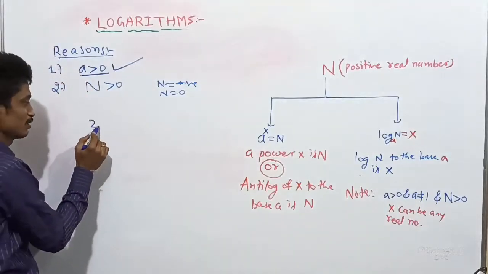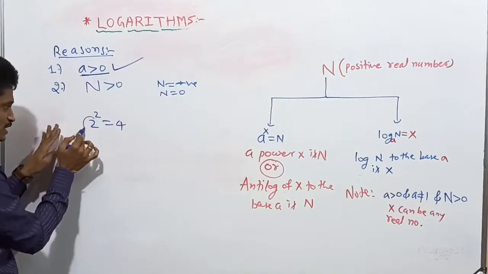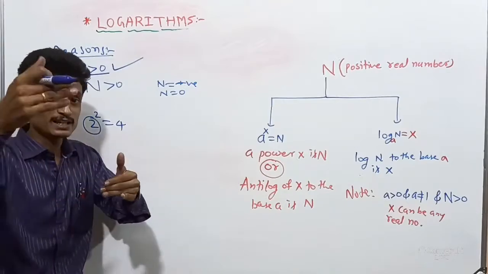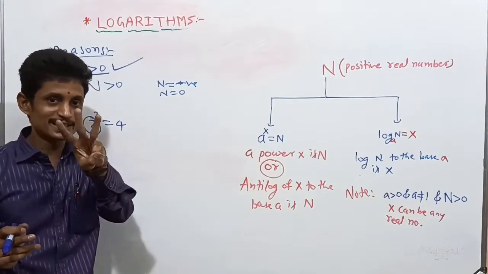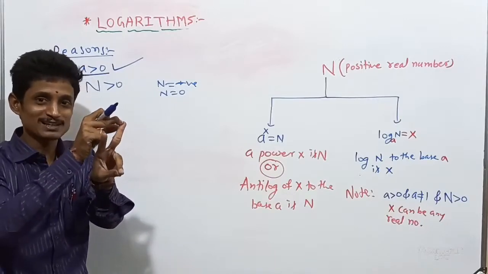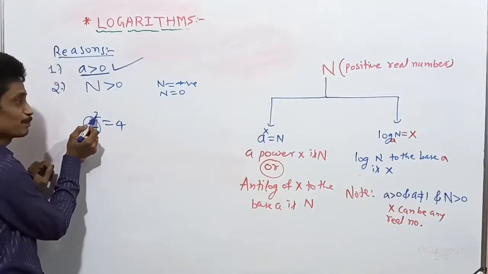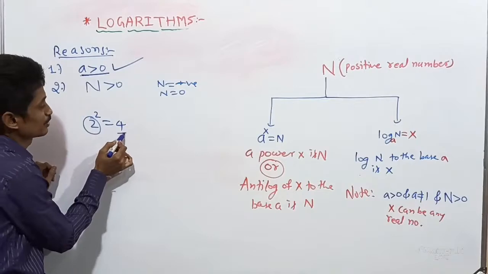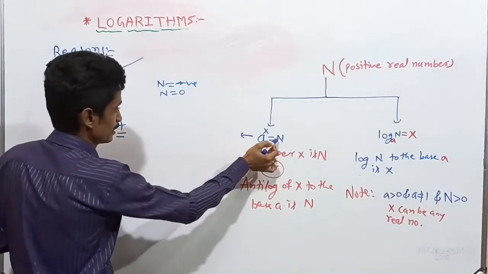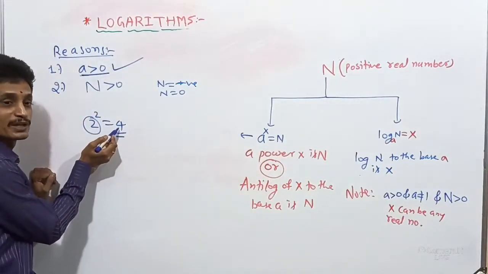Look at the exponential form. I will take the same example. 2 square is 4. We fixed, with no doubt, that the base is always a positive quantity. Regarding the power, you should think. The power we can take in 3 kinds: one is the positive way, another one is 0, the neutral case, and another one is the negative way. So, I assume the power will be a positive quantity. Then what is your output? Your number n will be what? Because a power x form, a power x means on the RHS n is a. n will be a positive quantity.